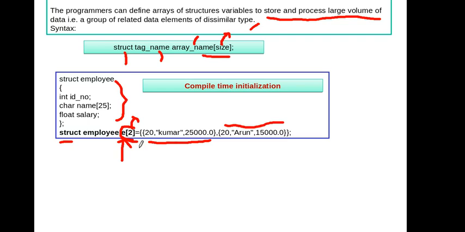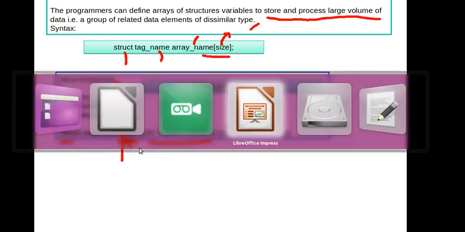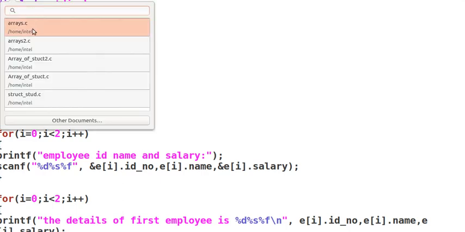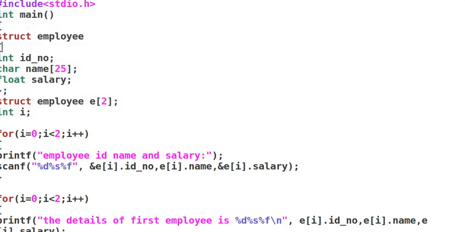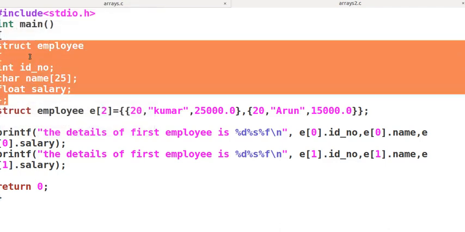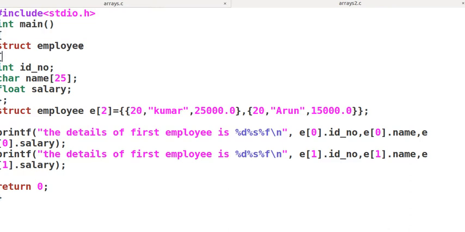So let us execute a program in the terminal. Yes, see, this particular code is for defining a structure. We have defined three different variables inside a structure.